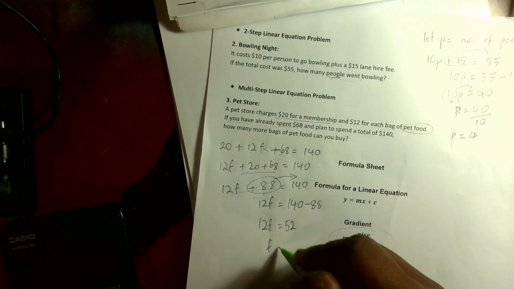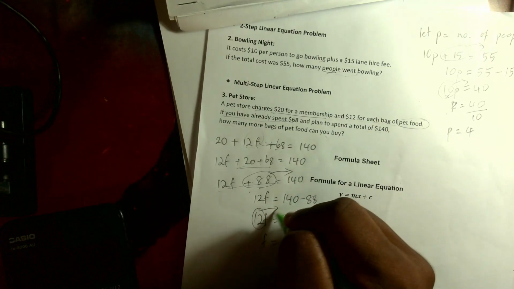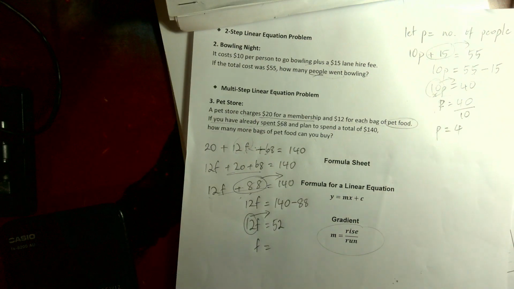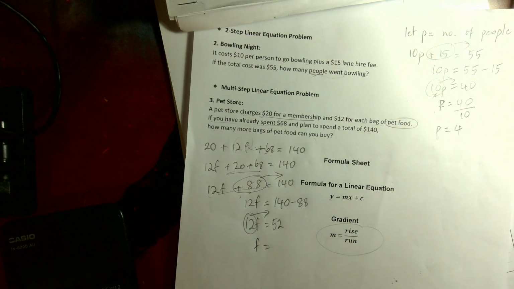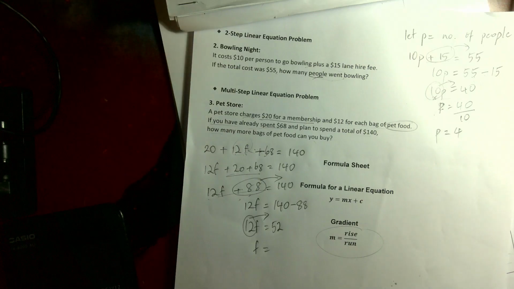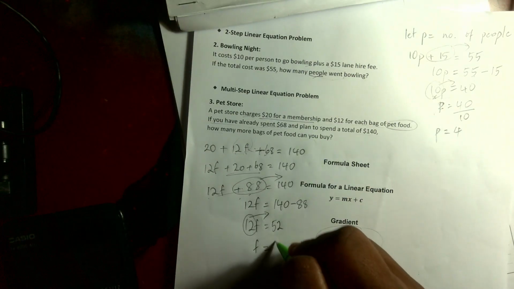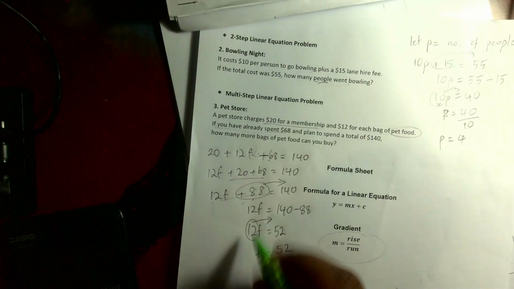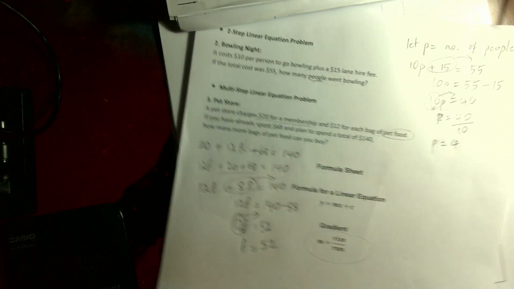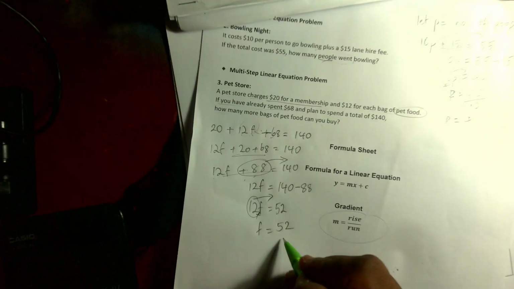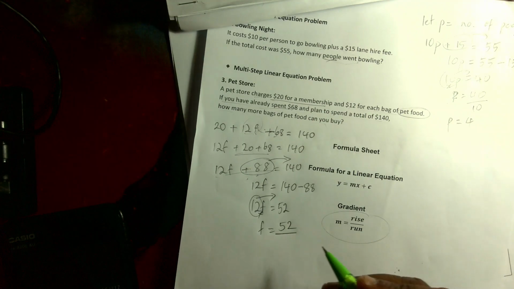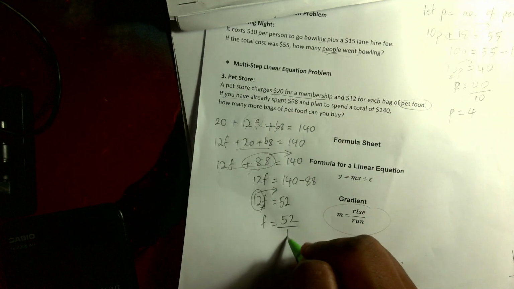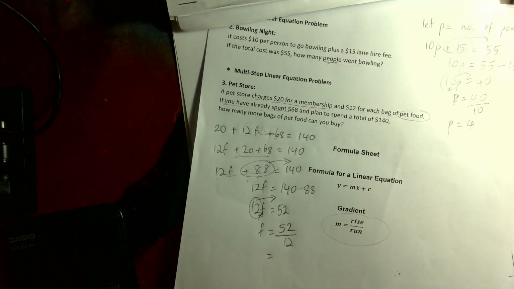That means to get F by itself, that's right, we're going to move 12 over. If you're sick of hearing this, that means good, you're understanding it. 52 is already over the equal sign. Between 12 and F, there is a multiply. When that goes over, opposite of multiplied is divide. The number is 12. So when I divide my answer, I get